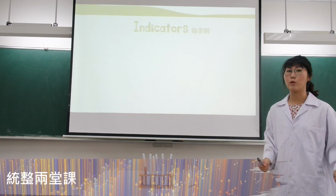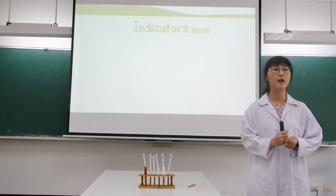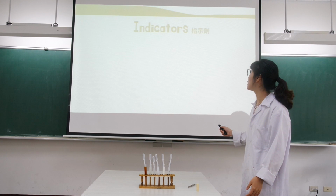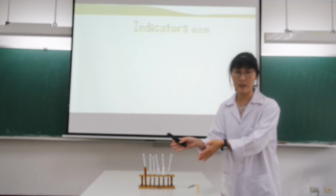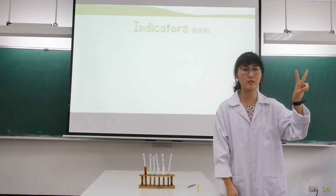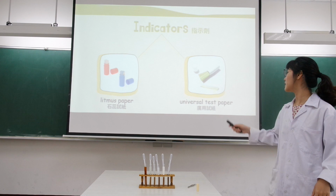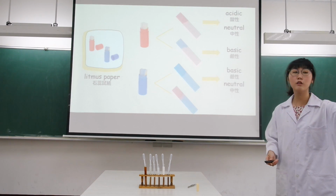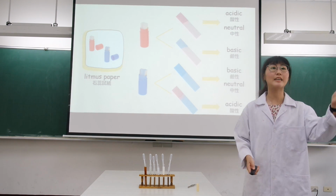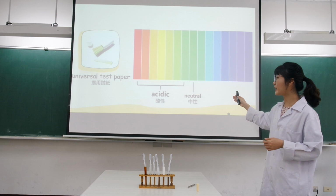Okay? So now I'm going to see if you really understand what we learned in these few lessons. So we learned about 2 different indicators. We use the indicators to know if the solution is basic, acidic, or neutral. So what are the 2 different indicators? Number 1, we used the litmus paper and we used the universal test paper. If the blue litmus paper turns red, the solution is, that's right, the solution is acidic. Very good. If the test paper turns to green, blue,